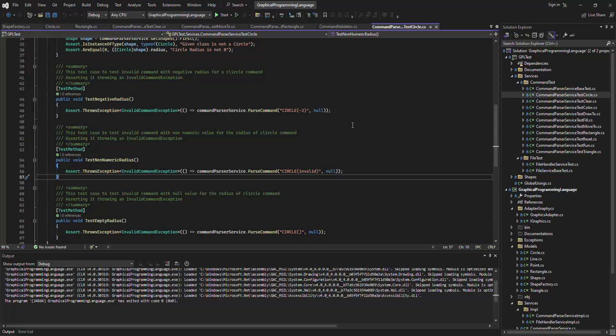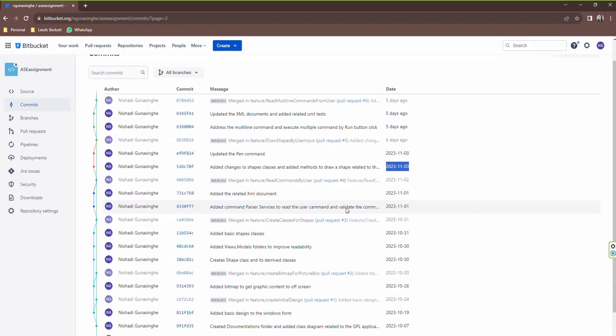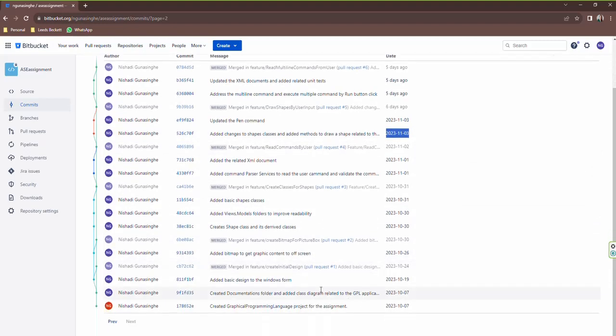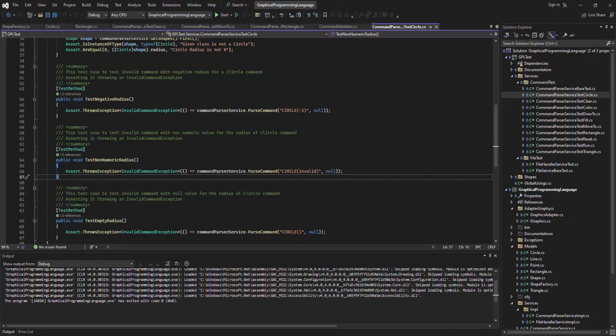Talking about the commits, the previous commit is related to this basic shape class because all are in the same commit. So in this 3rd of November, and also the previous commits on October 30th. And then for the rectangle command,